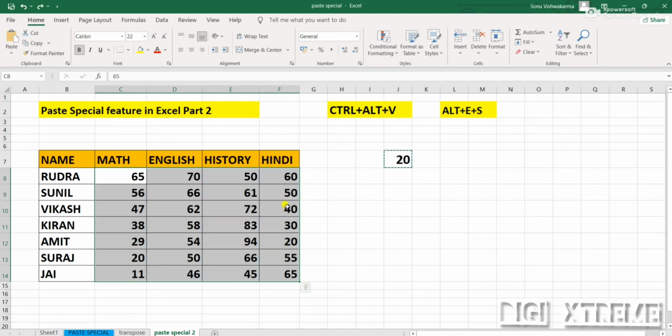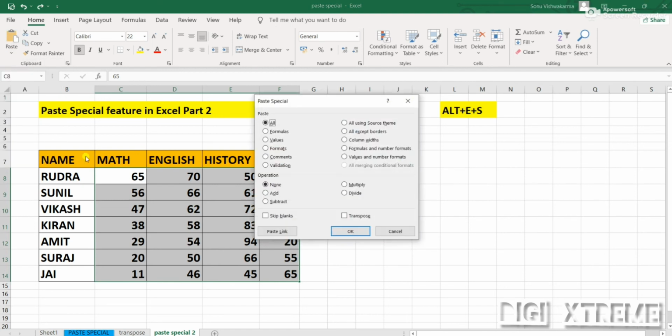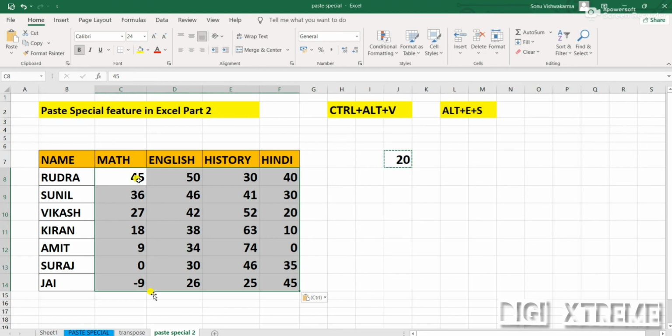In the same way, if you want to subtract 20, follow the same process. Copy this, then go to Paste Special and choose Subtract. See, 20 has been subtracted from all the numbers.